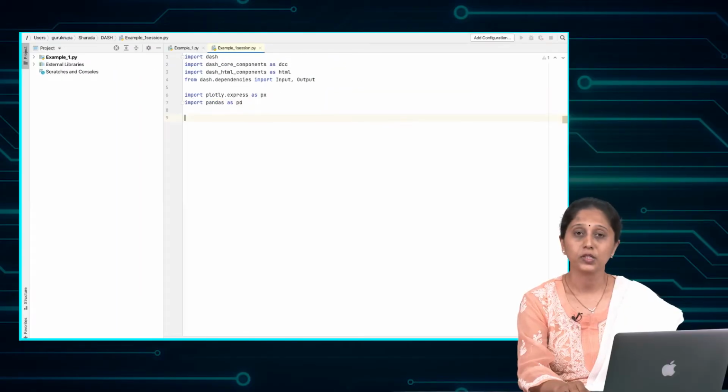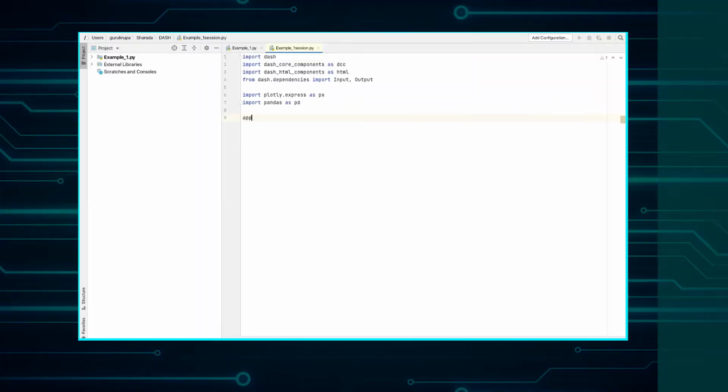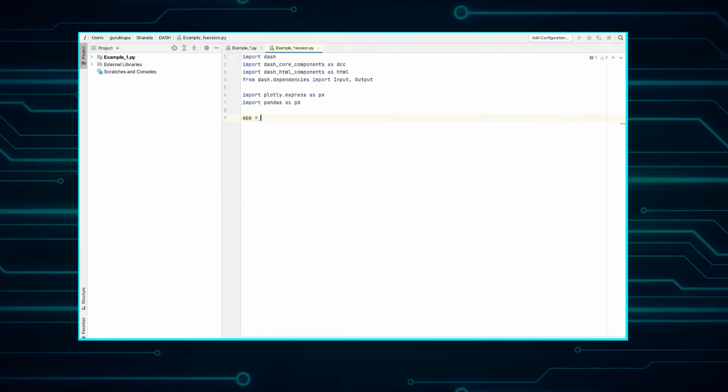Now, let us initialize the app variable. We will say app equals Dash, and the Dash function. Next we will build the layout for our web application. It would be app.layout. We will start with the HTML components.